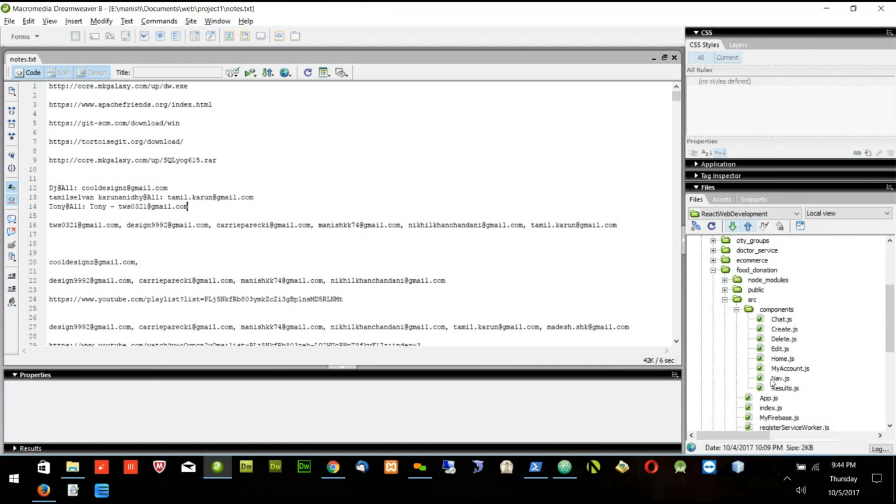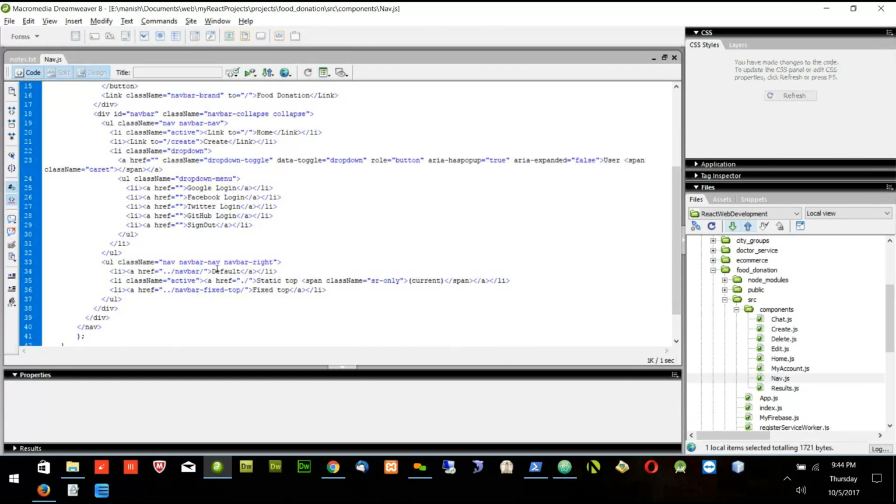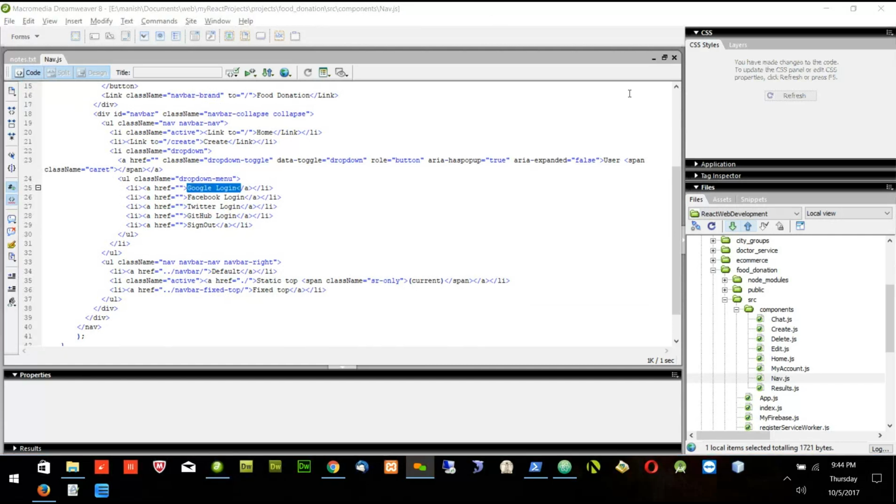So let's go to the file. I am trying to do the Google login part now. So whenever the user clicks this Google login button,